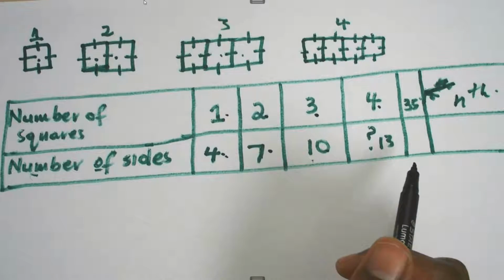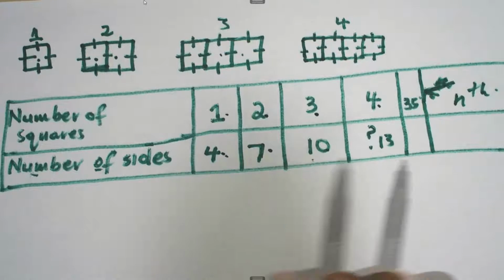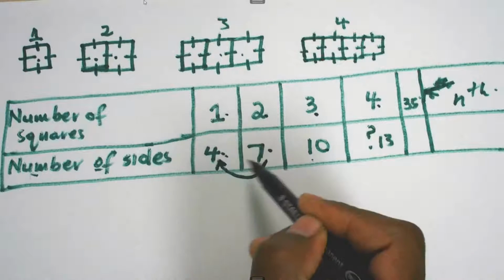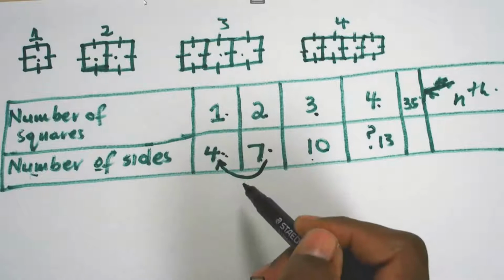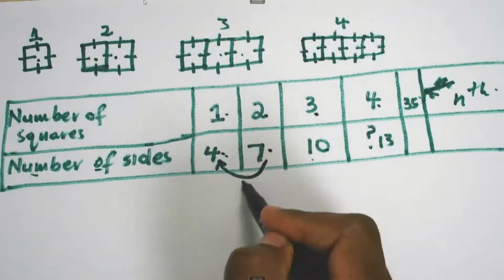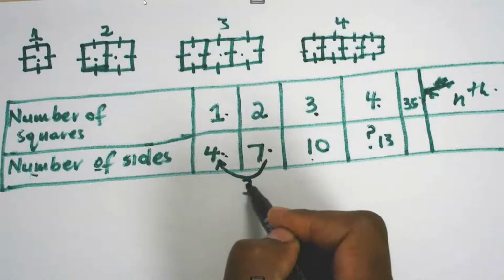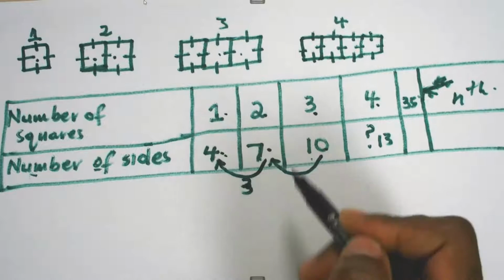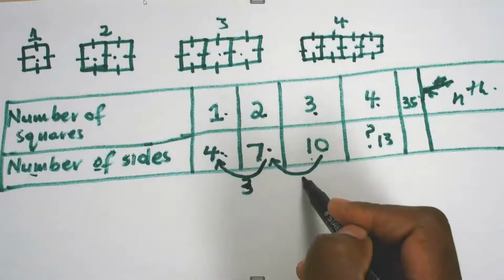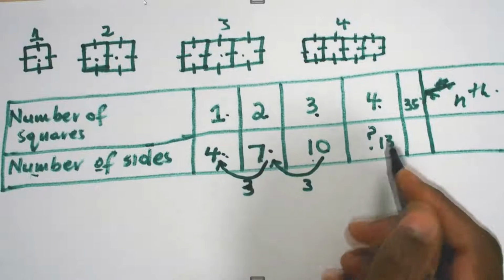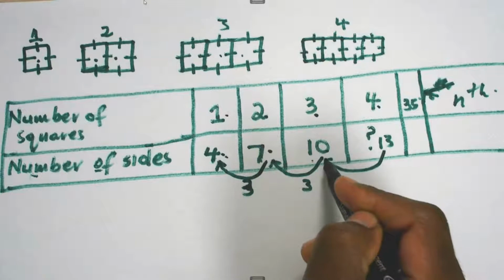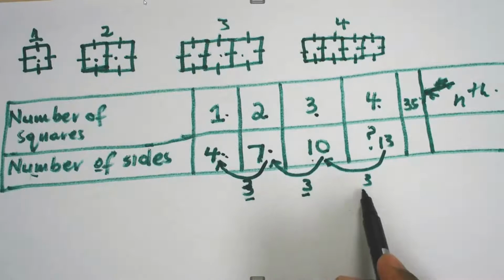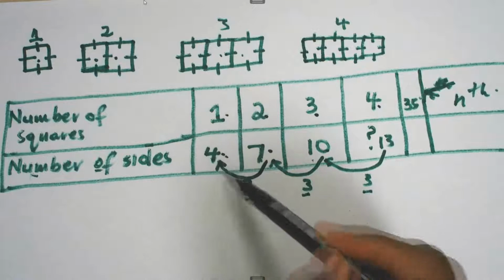Now, how do we start by creating our own equation? First things first, we ask ourselves, what is the difference between 7 and 4? 7 minus 4 gives us 3. Then we check the difference between 10 and 7. 10 minus 7 gives us again 3. Again, the difference between 13 and 10 is 3. Now we can see that we've got a constant number there,